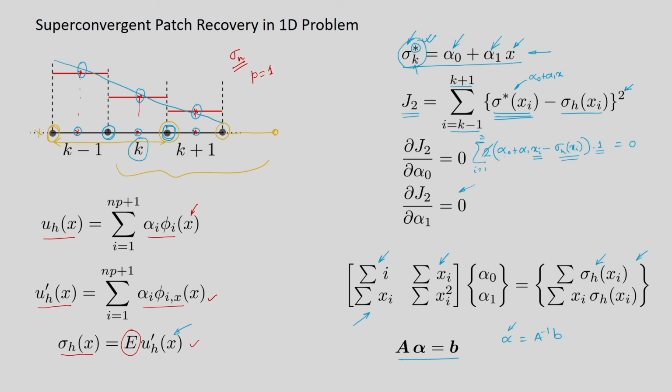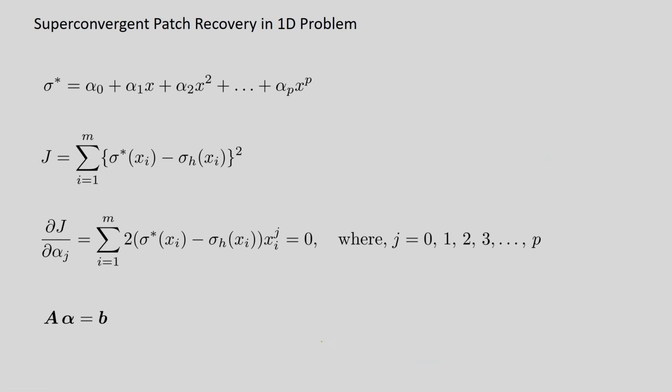Once we calculate the nodal recovered stresses, we will use the same shape functions that we used to represent the displacement, and express the stress field as summation Ni sigma i star. So we will get the recovered stress field in the whole domain, and it has been shown that the recovered stresses are better than the stresses obtained from the finite element solution in the overall domain. The same idea can be extended for a pth degree polynomial.